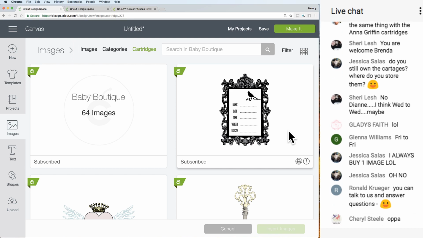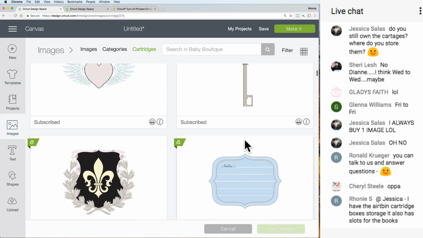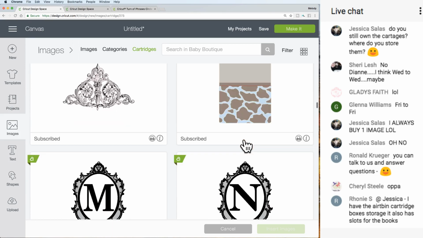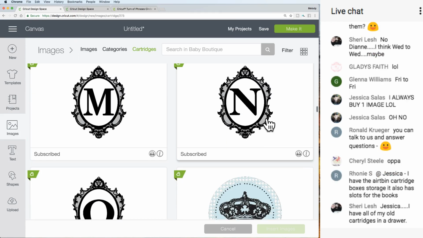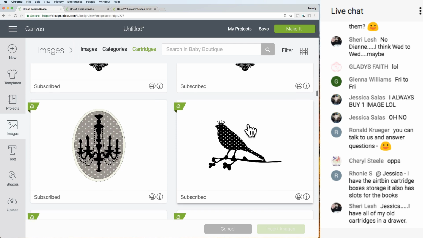So like if you just wanted one image, you didn't want the 64 images. You know that there's never a chance you're going to use all of these images, and you just want this N. So you can just buy that one image. My mouse is back now. It's very low, but